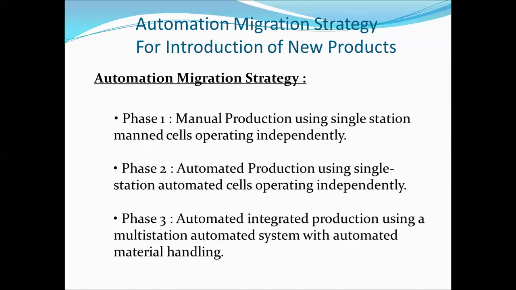First one is the manually operated system. The second one is the partly automated production system. Where the third phase comes, we can integrate the production with the help of an automation system. Because in this case, there are a number of serial operations and automated transfer of work units between stations. So when the company is certain that the product will be produced in mass quantity and for several years, then integration of single station automated cells is warranted to further reduce labor and increase production rate.